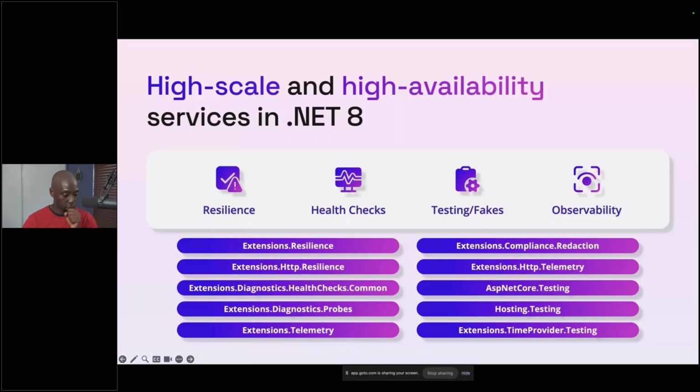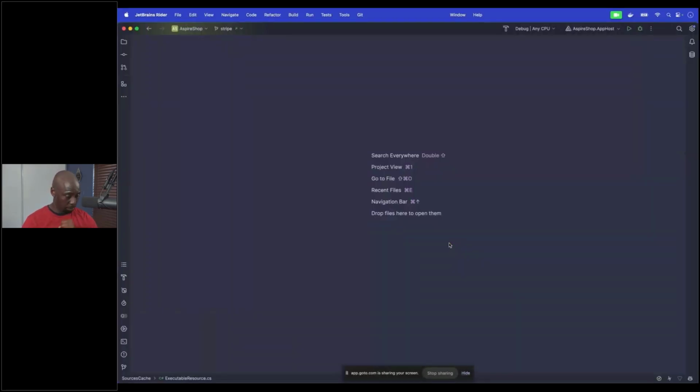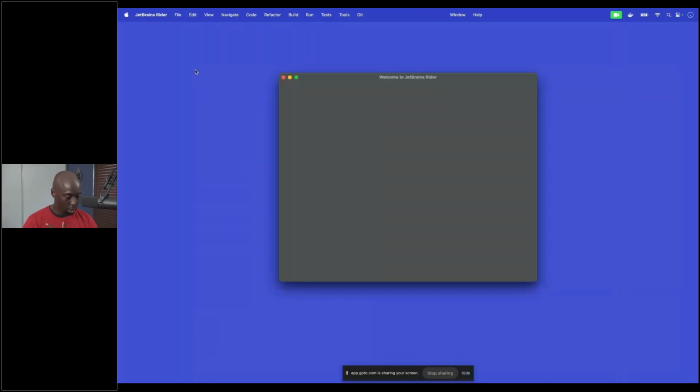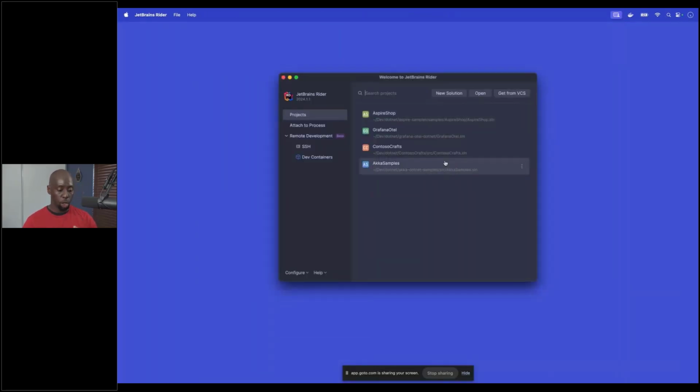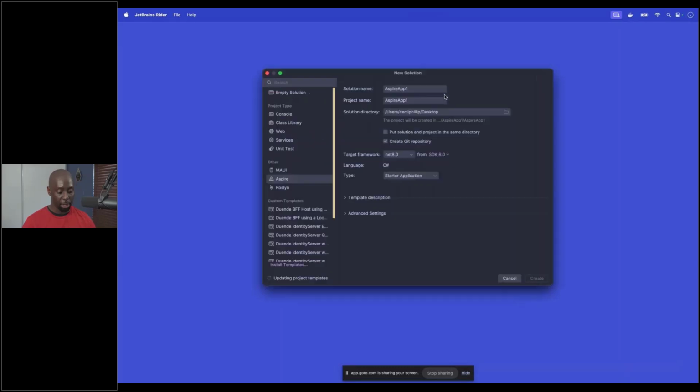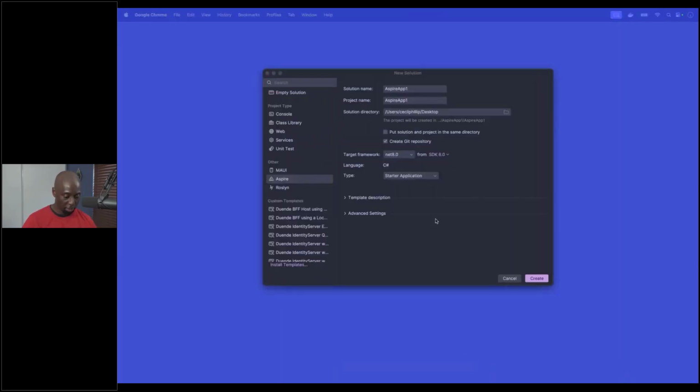I'm going to head over to my Visual Studio. Excuse me. I was testing this out really quick just before we started. So I'm going to close this and I'm going to create a new Aspire application. Let me know if you can see it. Hopefully everyone's screen looks fine. I'll just call this Aspire demo. Now I'm going to use the starter application template, right? And I'm just going to go ahead and create that, right?